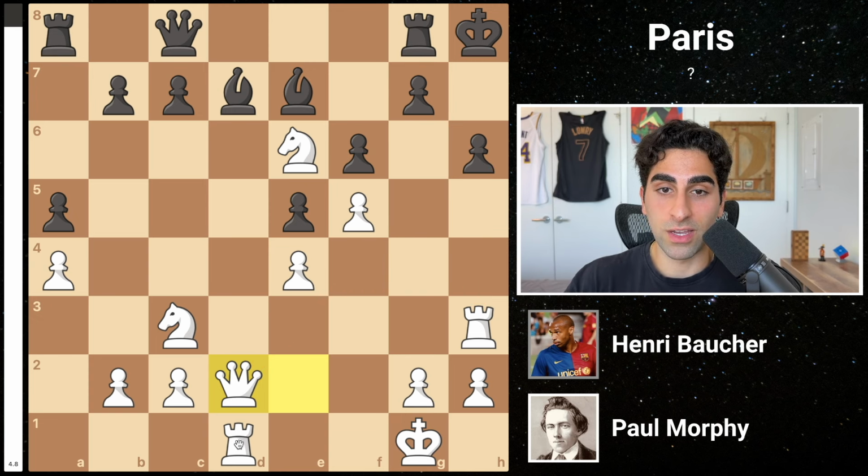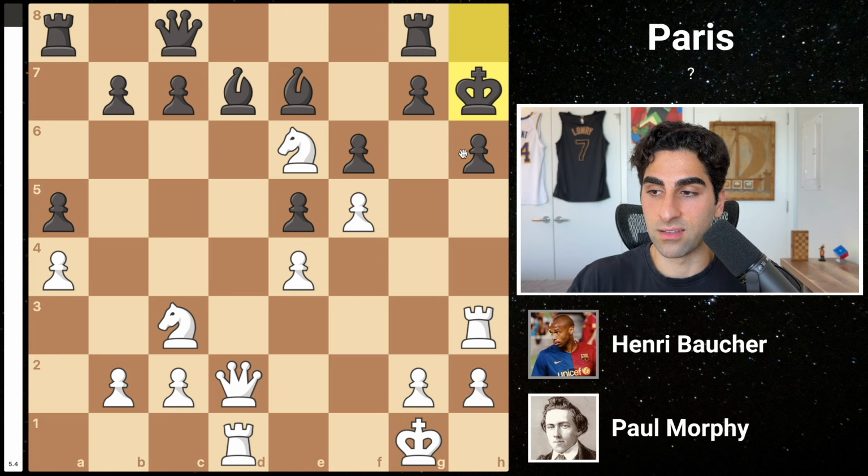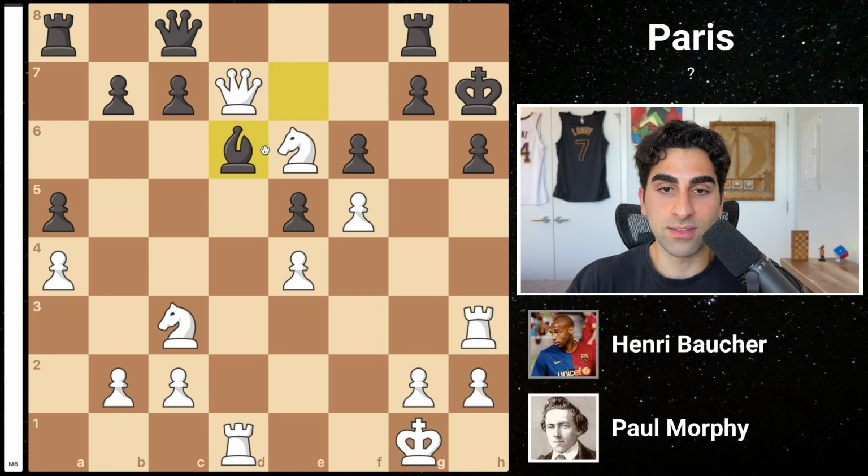White also is creating a battery on the d-file that hits the bishop. Black has no choice but to stop the greater of the two problems by lifting his king to defend the pawn, and white swipes the bishop, going up material. Black tries to be a little fancy, moving the bishop to d6, where it cuts off the rook and queen's